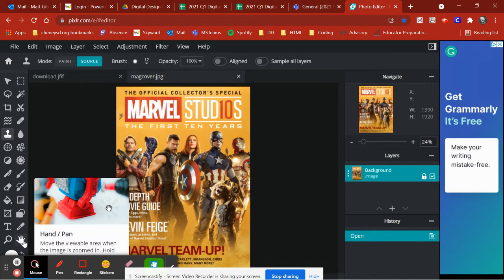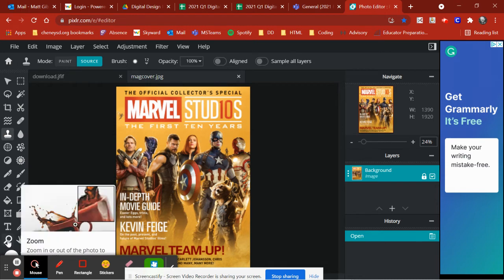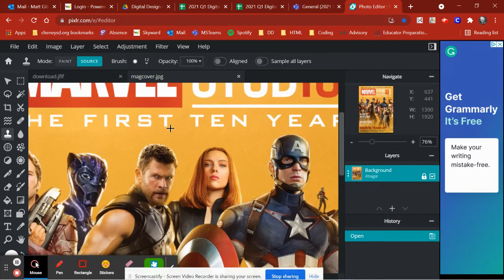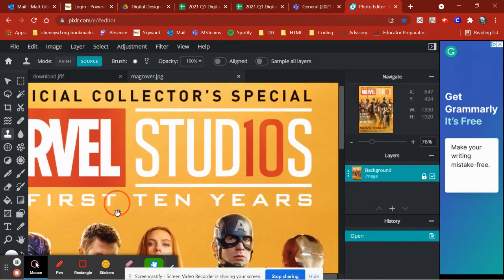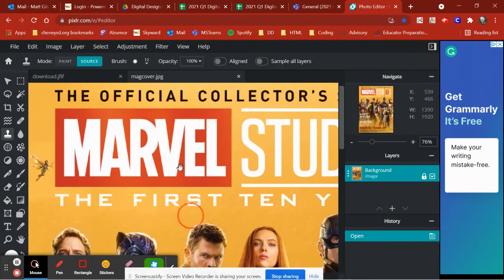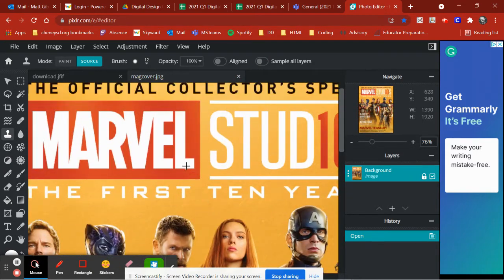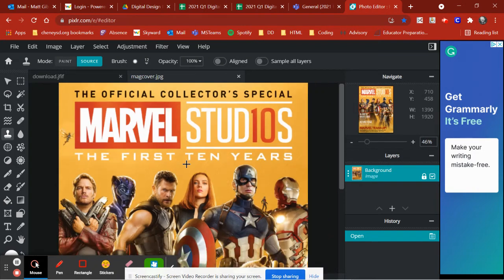So hand to move around or zoom in to zoom out. Alternatively, when you want to zoom in, your mouse wheel is very useful for that. And if you hold down your space bar, like so, it turns into hand, and I can now click and hold, and then drag around to get to different parts of the image. Okay? But what we're going to do is zoom back out right here, and we're going to extract